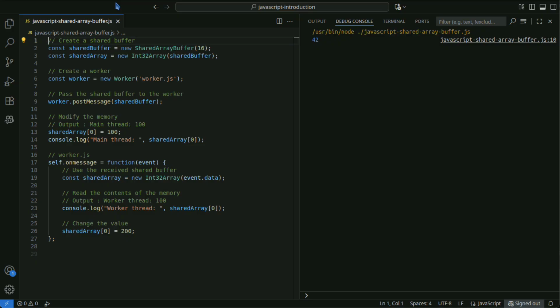By using SharedArrayBuffer, both the main thread and workers can read and write to the same memory, enabling bidirectional update confirmation. Below is an example where the main thread sets a value. A worker changes this value, and then the main thread checks for the update.